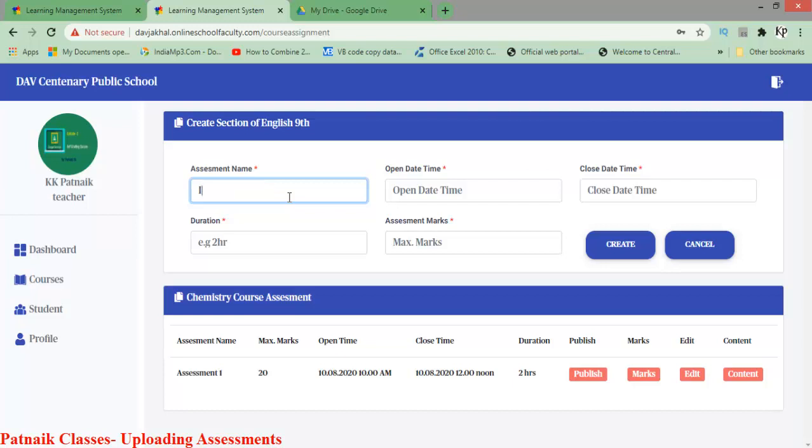So I will write the assessment name for reference, intro to computers. Now open date. Suppose I want to conduct this assessment on a particular day. Today is suppose 9th, and I want to conduct it on 10th. So I'll give the date 10/8/2020. At what time? At around 11 o'clock, 11 AM,